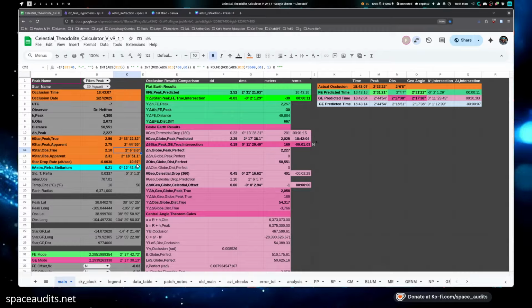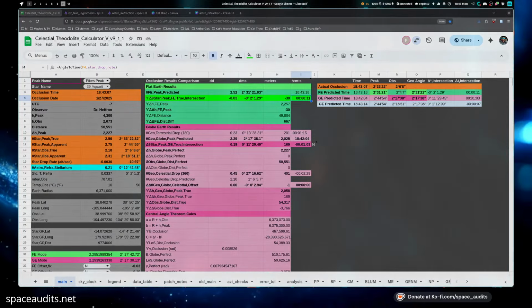And we take the occlusion angle for them, which would be the true position at the time of occlusion for the observer. So at the time of occlusion for the observer, the star is at 206. So we take their predicted amount of intersection difference minus where the star was for them, for the observer, and we get 11 arc minutes of difference. So in other words, the globe missed their prediction by 1 minute and 3 seconds. We missed our prediction by 11 seconds.